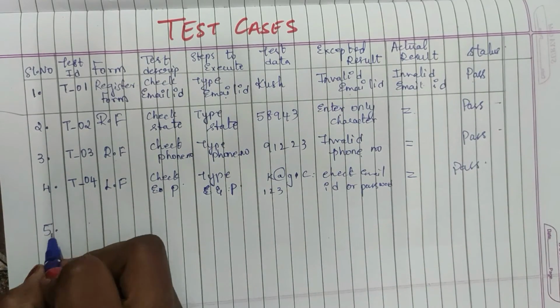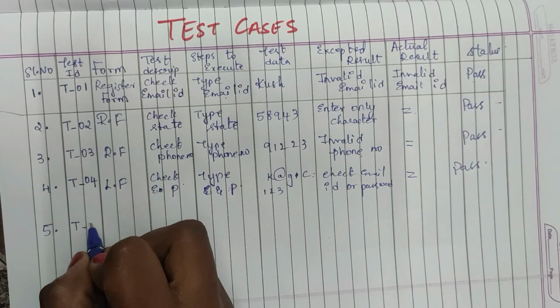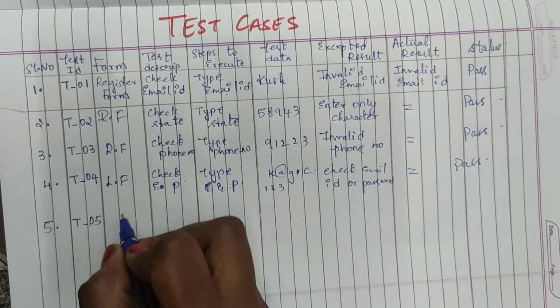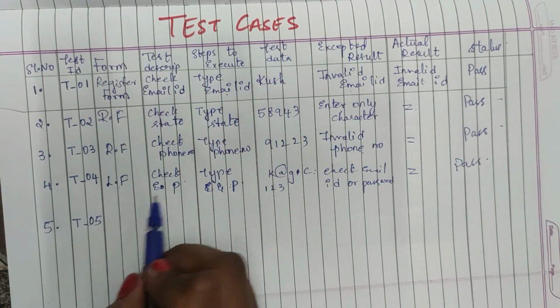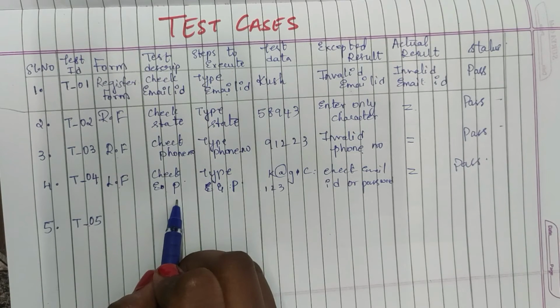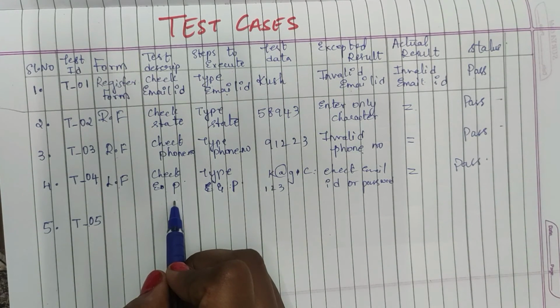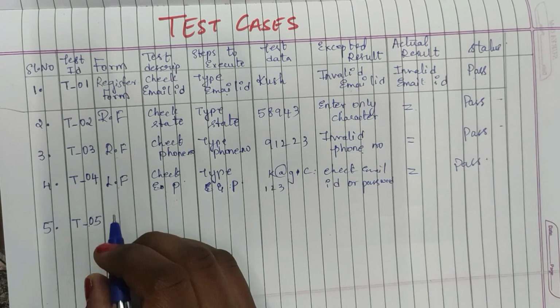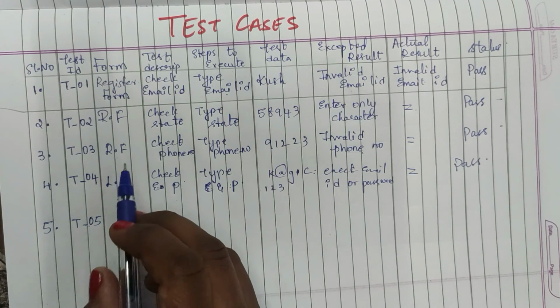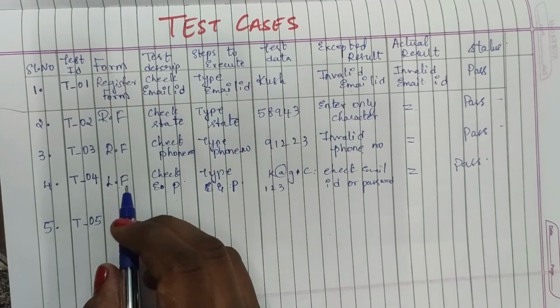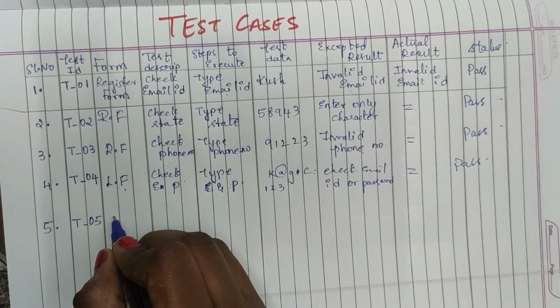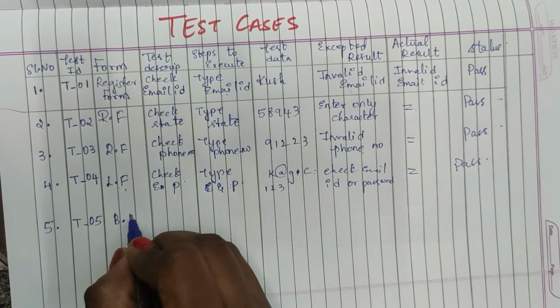Test 5. In this I will just be showing some 6 test cases. You can make them for the login form, the billing form, wherever you have a field where you have to enter data. In register alone we still have many more fields to check. I just showed you some in the register form and one in the login form. Now let me move on to the billing form. I'll just write billing form.